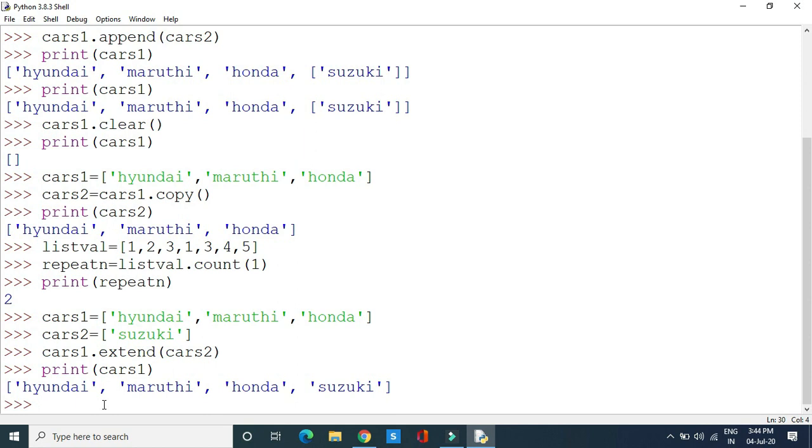Next we will see the index function. Index function is going to return the index value where a specific list element is. For example, I want to know where the Honda element is available in the list. Means I want to know what is the index of the memory location where Honda is stored in the list. For that one, what I can do is